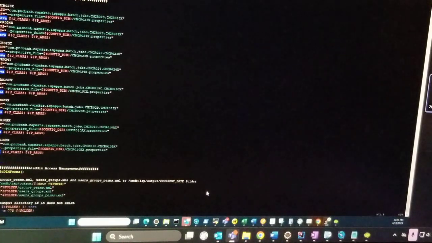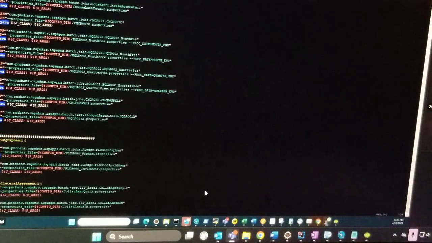This is the actual shell script which runs all the reports. Then we have a method here, I think other reports. Yeah, ISP app other. So what I'm going to do,